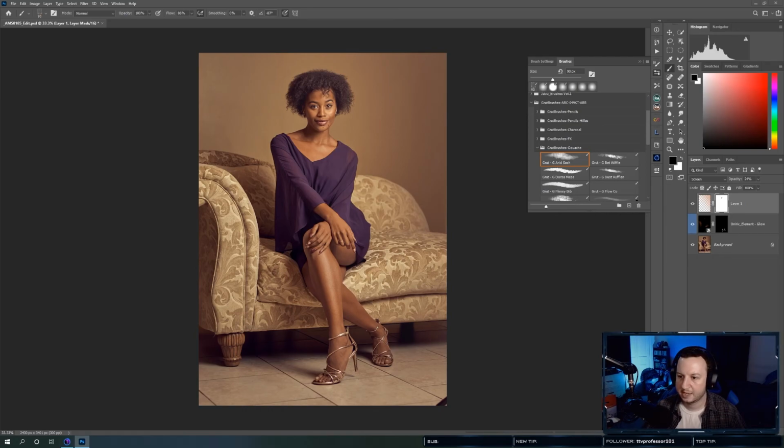I'm going to paint off of certain areas, and because I'm using a texture type brush, it should give me an interesting pattern. Maybe that's more my jam.